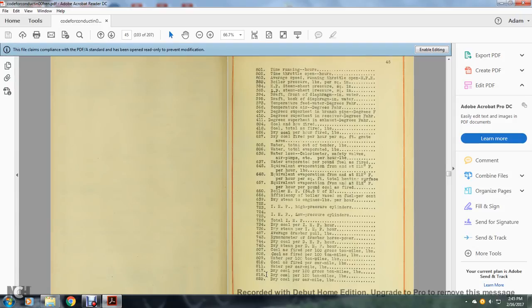801 time running hours, 802 time throttle open hours, 803 average speed running, throttle open, miles per hour, 360 boiler pressure in pounds per square inch, 384 high pressure steam chest pressure per square inch, 385 low pressure steam chest pressure per square inch, 395 draft front of diaphragm in inches of water, 395 draft back of diaphragm in inches of water, 373 temperature of feed water in degrees Fahrenheit, 368 temperature of air in degrees Fahrenheit, 409 degrees superheat of branch pipe in degrees Fahrenheit, 410 degrees superheat of receiver in degrees Fahrenheit, 411 degrees superheat of exhaust in degrees Fahrenheit,